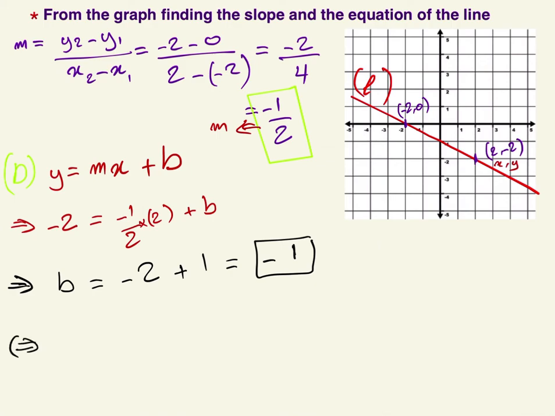Therefore d is y is equal to -1 over 2 x minus 1, and this is the equation